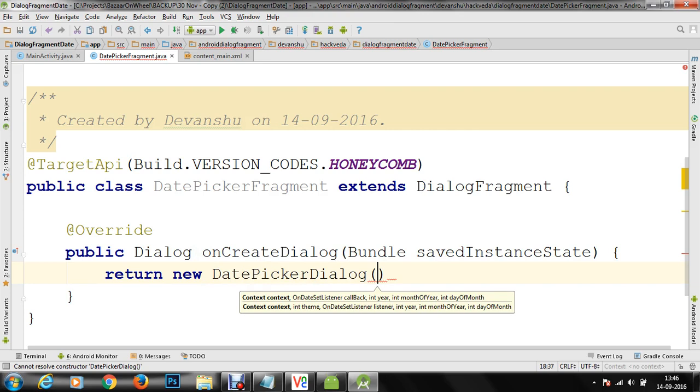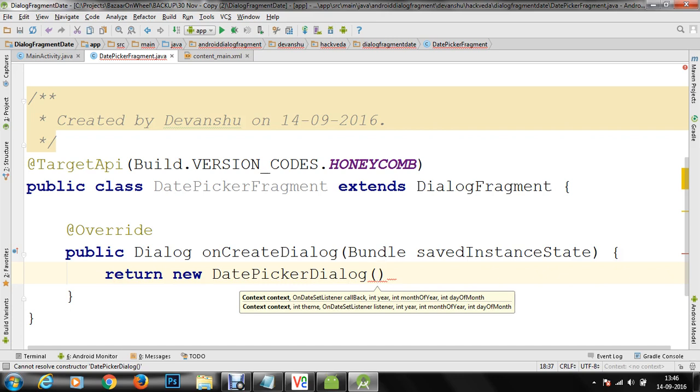The first one is context, in which your dialog fragment will be displayed. Second, the name of the class in which your OnDateSetListener interface is implemented. Third parameter is integer year, the fourth one is integer month of year, and the fifth parameter will be integer day of month.